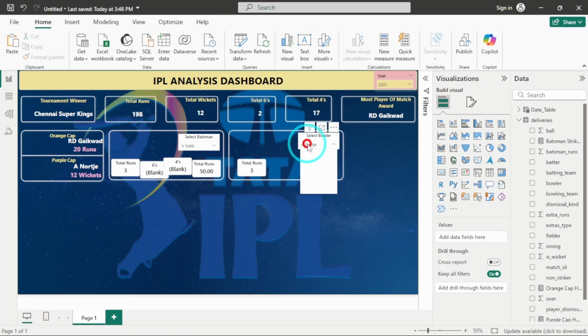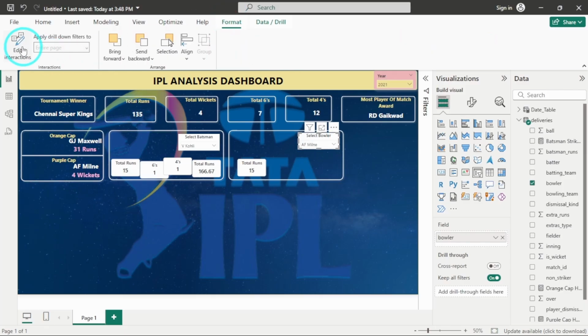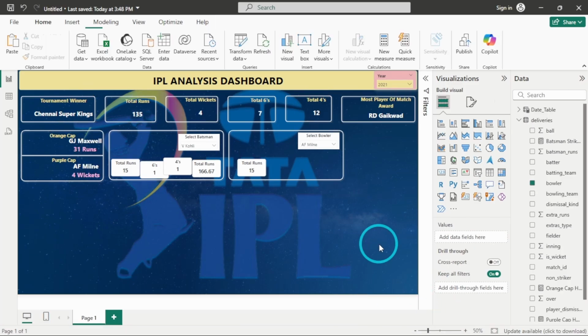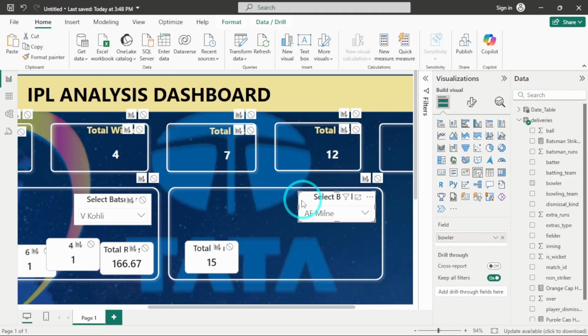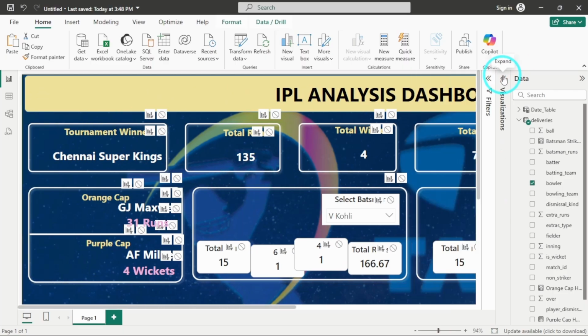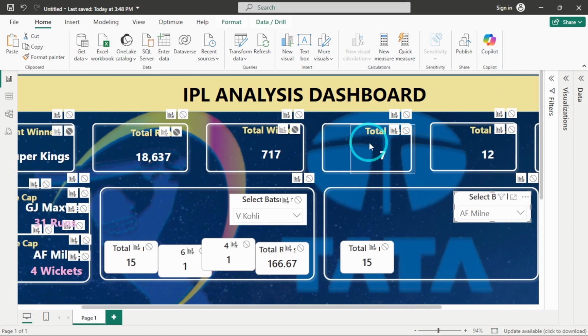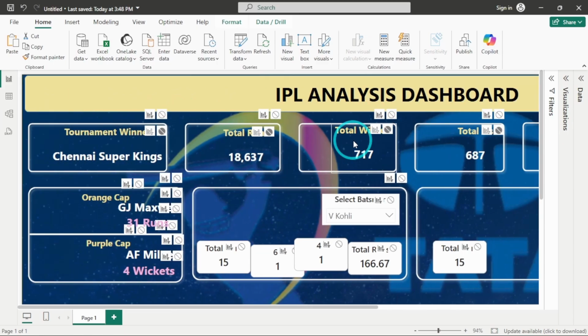Now, once we have added this new slicer, you can see it is again having interaction with all the other filters. So again we will click on this filter, go to the Format pane, click on Edit Interactions, and edit the interaction with other visuals here as well. So I will select this slicer and turn off all these interactions of this one, this one, this one, this one, and here also